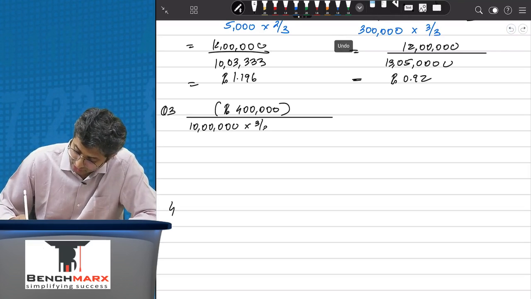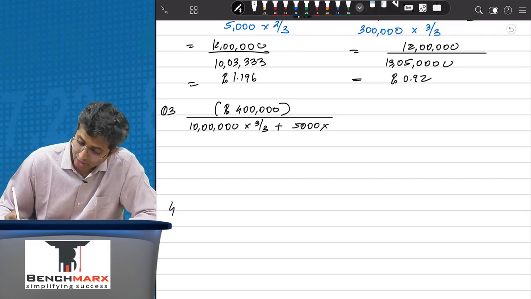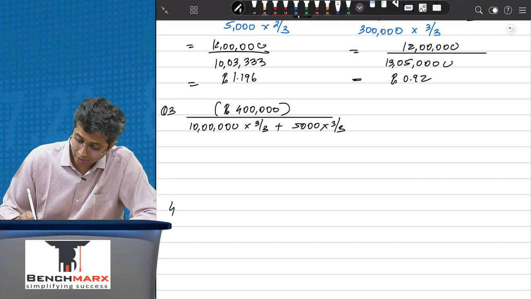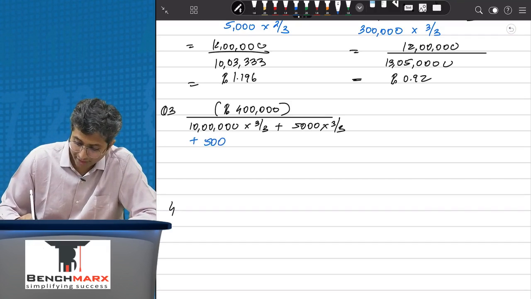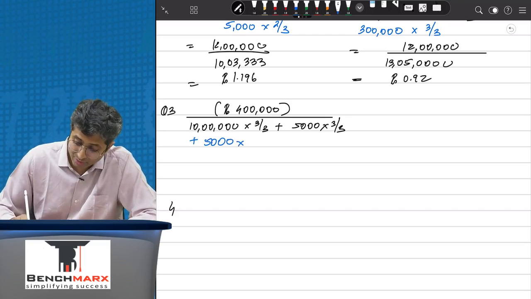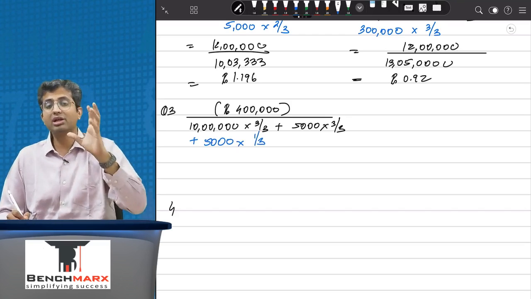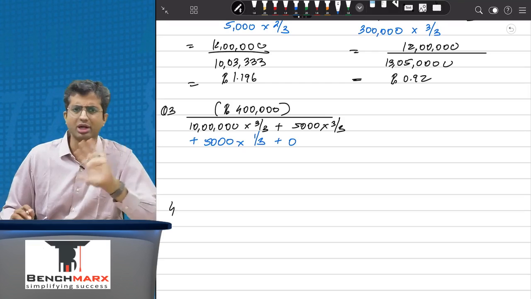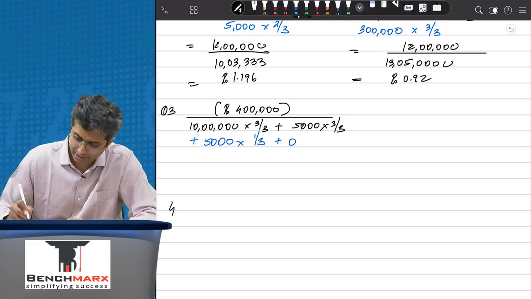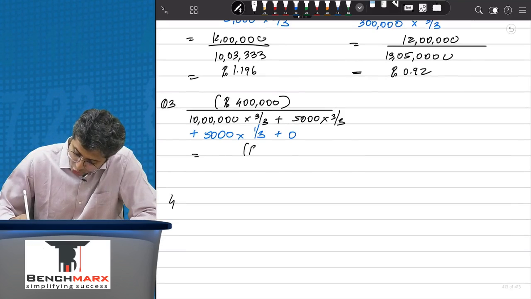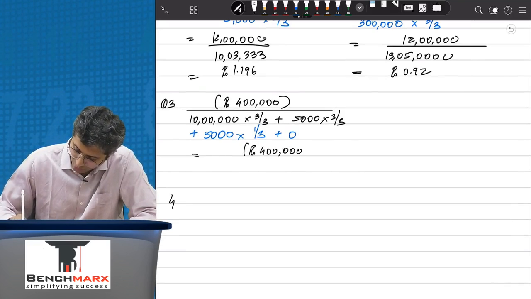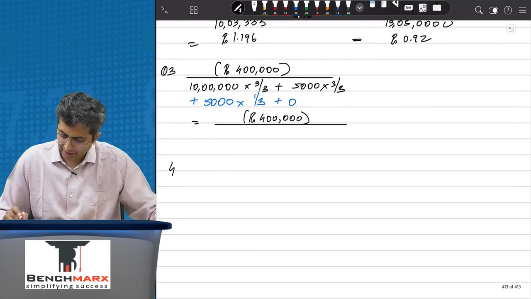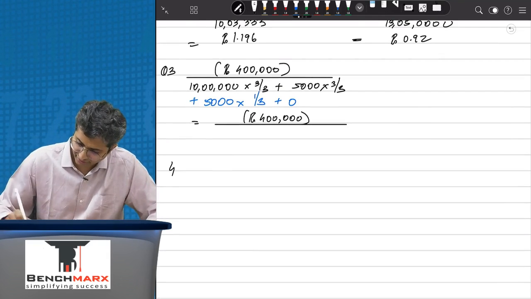The 5,000 shares for the store that was opened in May are also outstanding for the entire 3 months, but now in the third quarter a new store is opened in September, and on account of which the shares become issuable in September, that is, they will remain actual for 1 month out of the 3 months. However, earnings contingency is not currently met, and hence on earnings contingency it will be zero. So over here this is going to be rupees 4 lakhs upon, in the denominator you will have 10 lakh 6,667. So this is 10 lakh 6,667,